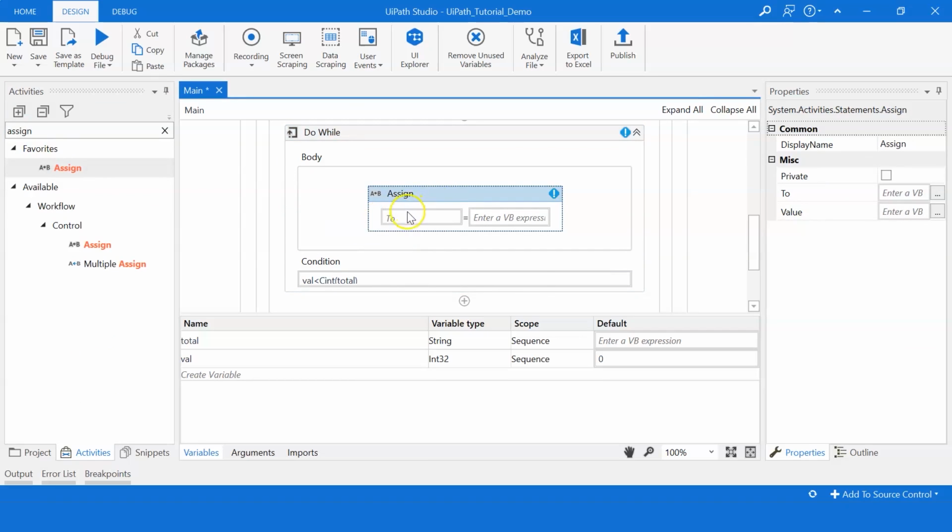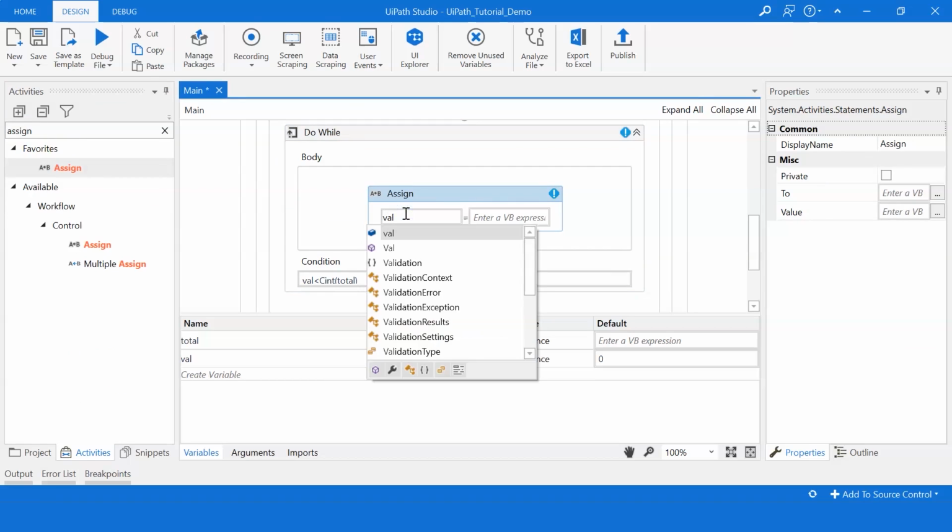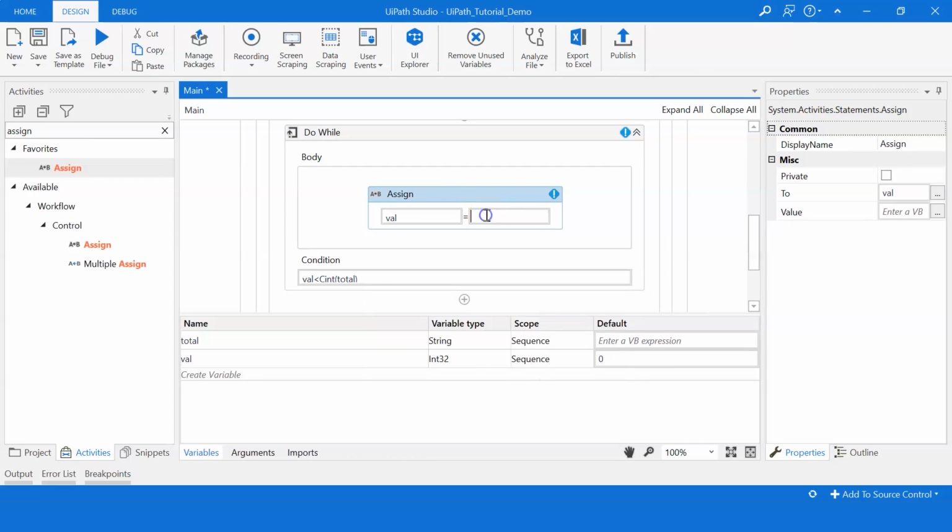So here I'll give val equals to val plus 1. This will make sure the value of val increases by 1 every time there is a new record inserted. It will continue until the value of val no longer matches the total.